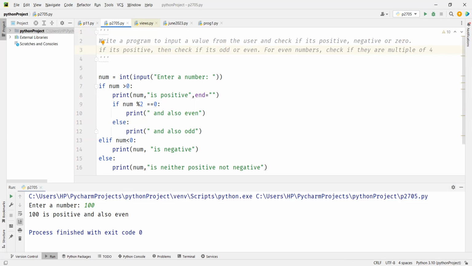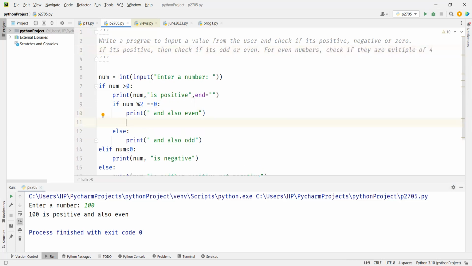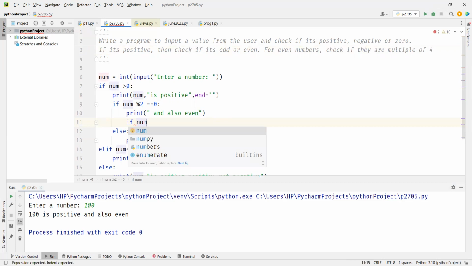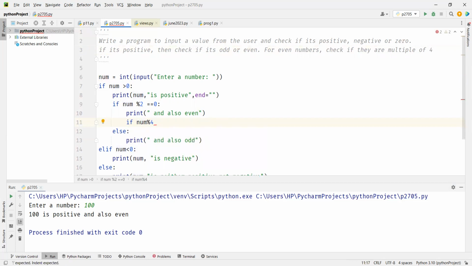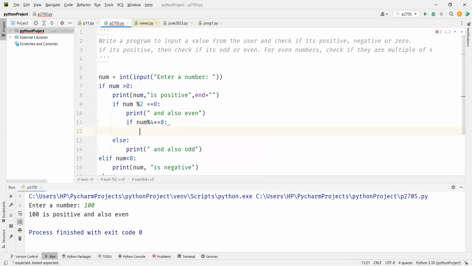Multiple of 4. So what I'll do, even is this. So the if will come here. So I'll say if num mod 4 equal to 0, we'll say print num